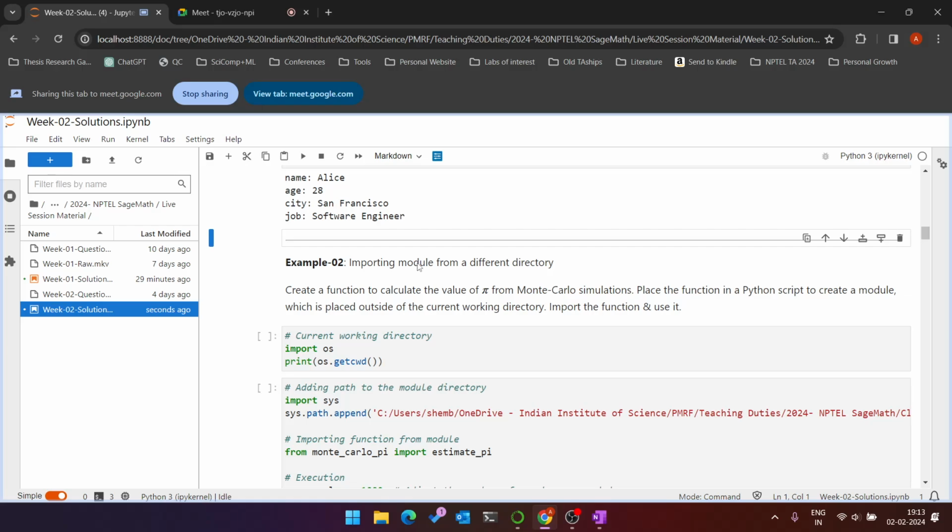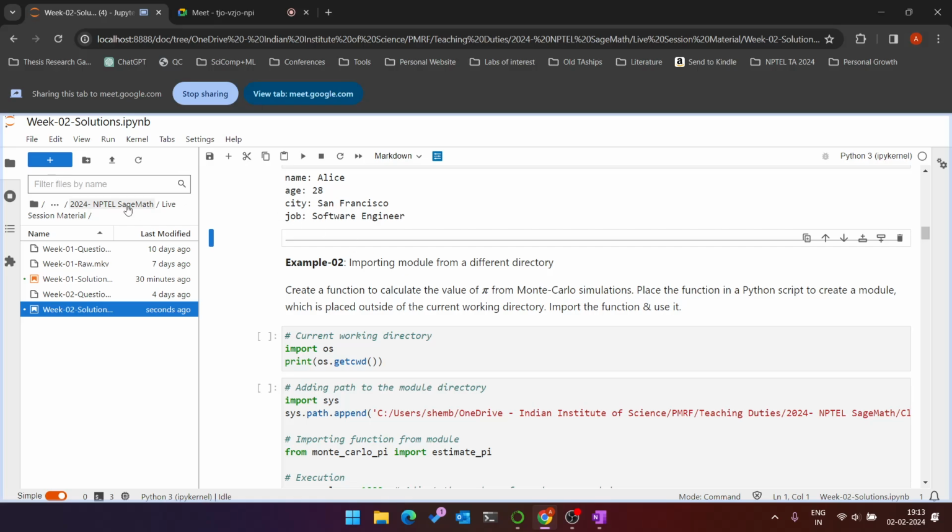So how do we do that? As an example, I'm going to look at the Monte Carlo function, which tries to approximate pi, and place that function in a Python script which is outside our